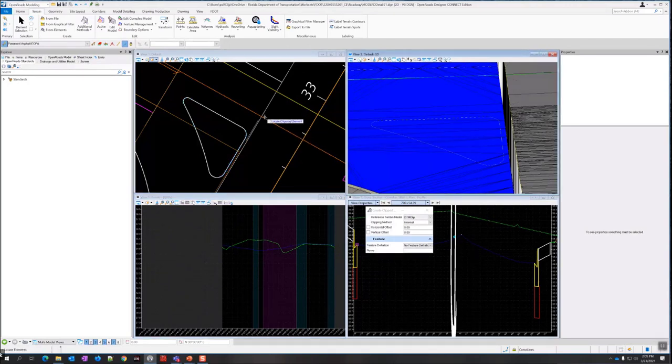And it asked me to locate the clipping element. So this is going to be the complex element that we created. You can select this in the 2D. The right turn island. Locate next clipping element, reset when done. So I'm going to reset.